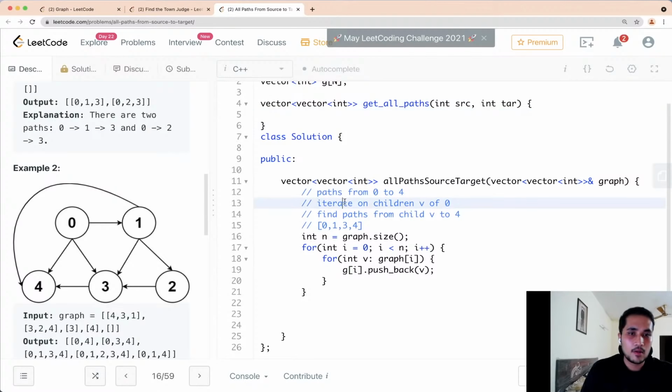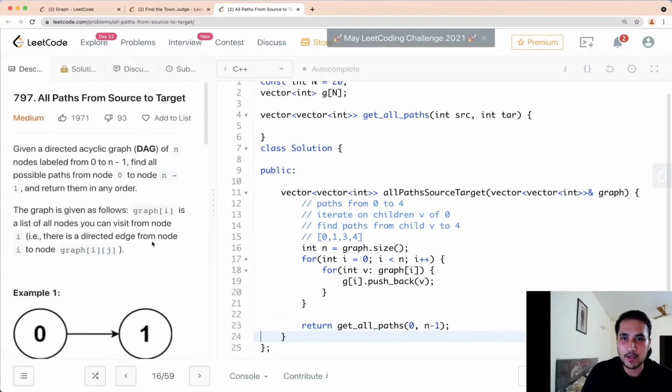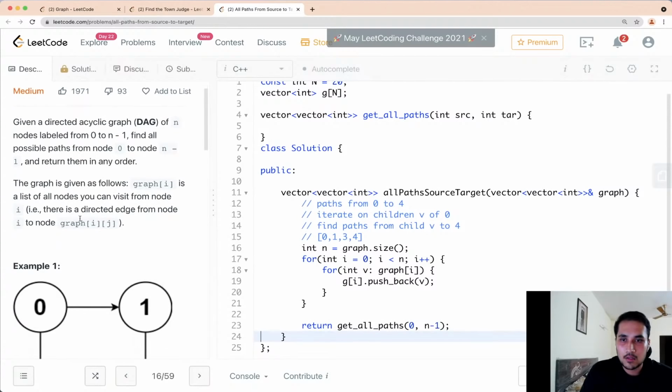All right. So I'm back. Get all paths. And what we are going to do over here is return get all paths from 0 to n minus 1. So this is what we have to return, right? Let me just confirm again. All paths from 0 to n minus 1. So we have given the complete responsibility to this function now. It returns all the paths from this source to this target. And what I am essentially proposing is